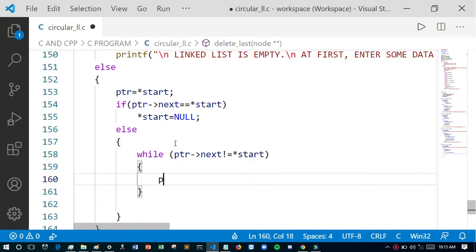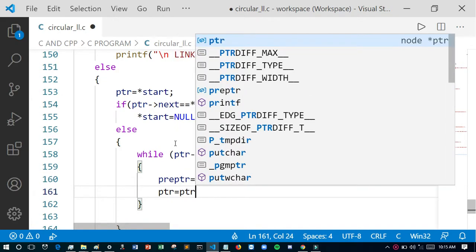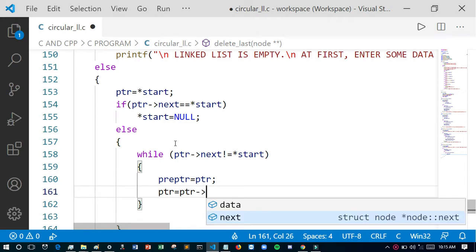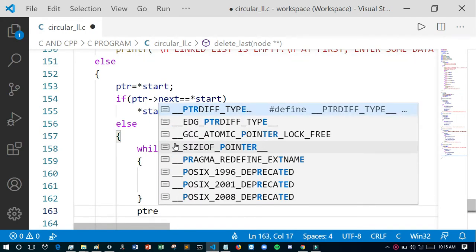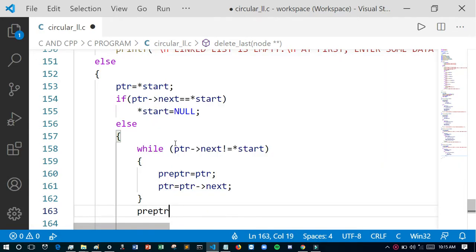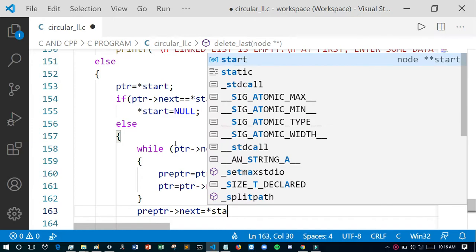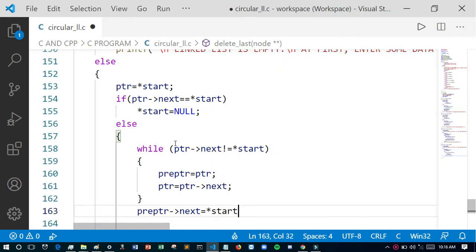Then we have to store the current pointer node as well as the previous node. Then ptr equals ptr next. Then pre ptr next will be start, because we have deleted and then we have to modify it.